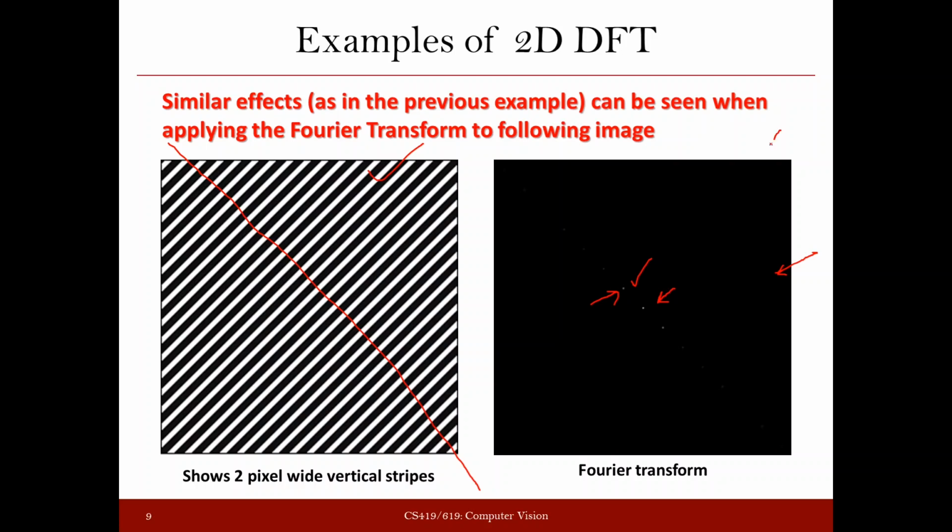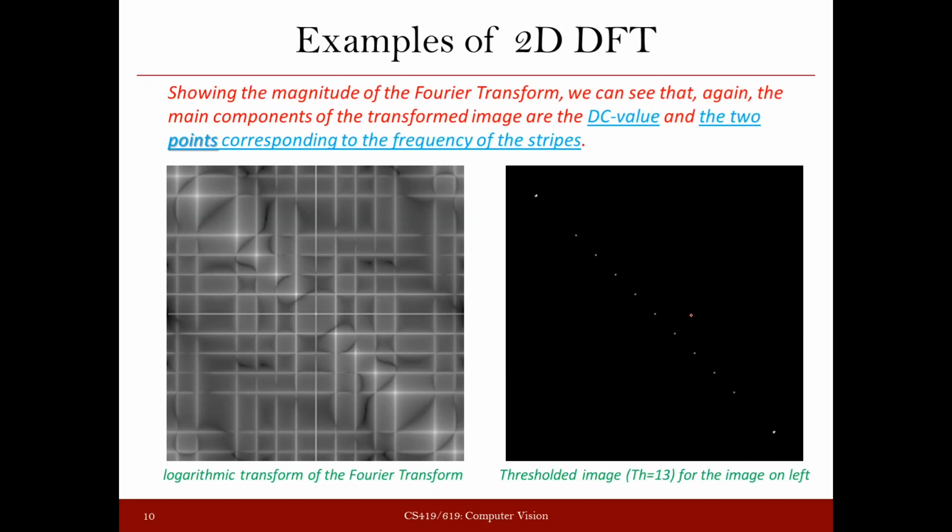So if you take the log of this image, you see in this image that there are only 3 bright spots, one at the center and then 2 here. But if you take the log, the image will come out something like this, right? So you see there are a lot of white spots. There is not only one white spot, there are a lot of white spots. And one more thing we should notice here, that these white spots are not only in this direction, they are even in other directions, other places also here.